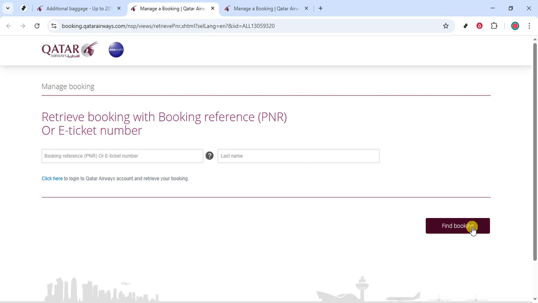Keep an eye on maximum weight and size limits per bag, as exceeding them can trigger additional fees at the airport. If you have connections, confirm whether the added allowance covers the entire journey. Proceed through checkout to complete payment securely. Once it's done,